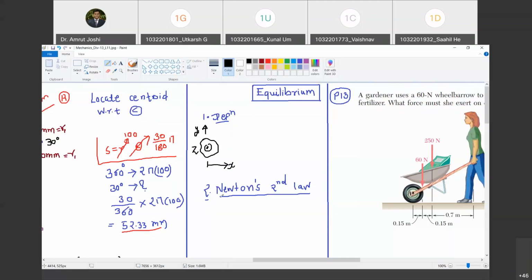Now if the body during the period of observation does not move along the x-axis, देखो क्या statement कर रहा हूँ. If the body does not move along the x-axis, what is its velocity in x direction? 0. Do you agree with me? Yes. And it remains 0. Or if the body is moving in x direction with the velocity vx and it continues to move with velocity vx during the period of observation. Are you with me? Yes, sir. Then I say the body is in translational equilibrium as far as x direction is concerned.